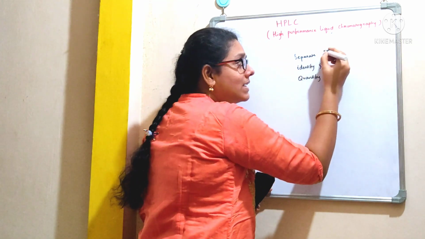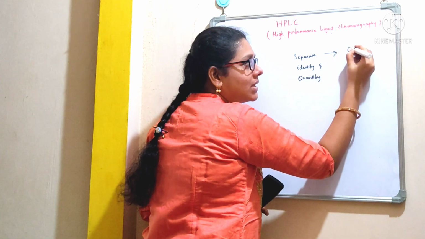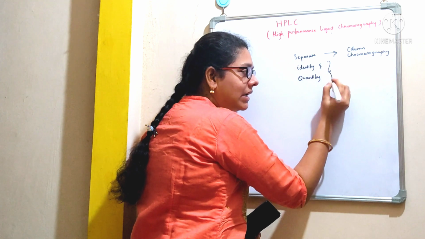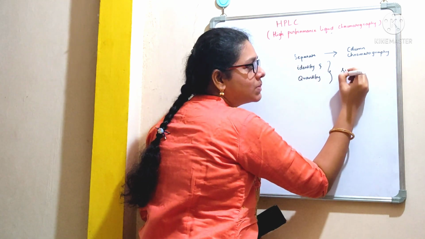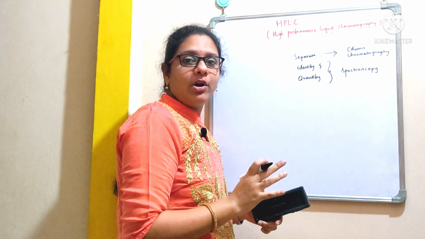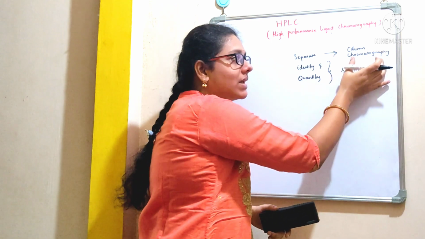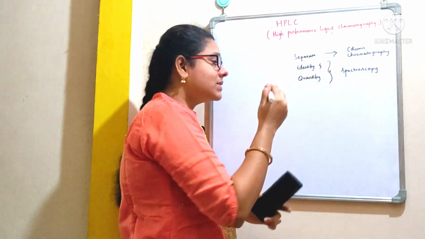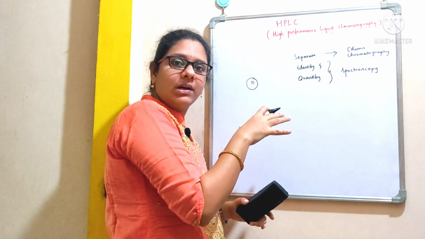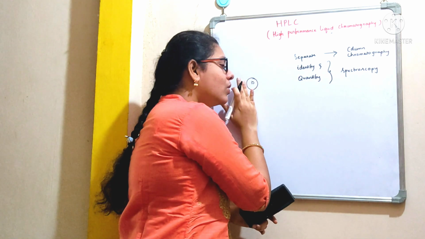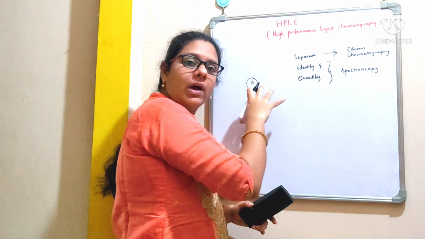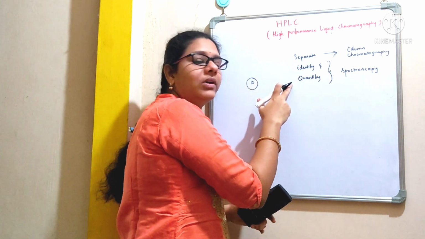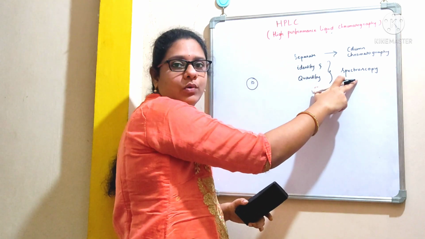The mixture is separated using the basic principle of column chromatography and then identified and quantified using spectroscopy. Hope you are clear. We have already discussed the technique of column chromatography, right? So here, when there are some 10 to 20 different compounds present in a solution, we are going to separate all these compounds from a mixture. At the same time, we are going to identify and quantify the compounds with the help of spectroscopy.